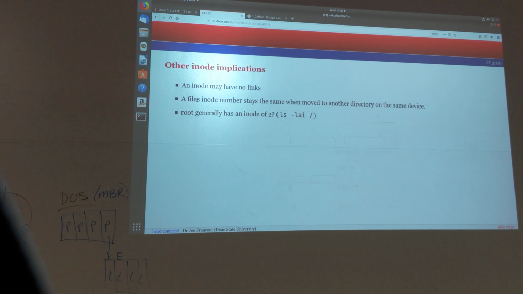Here's the other two rules. A file's inode number stays the same when moved to another directory on the same device. That's why, even if my file is like 5 gigs in size, if I'm doing an mv command and I'm just moving it from one location on my file system tree